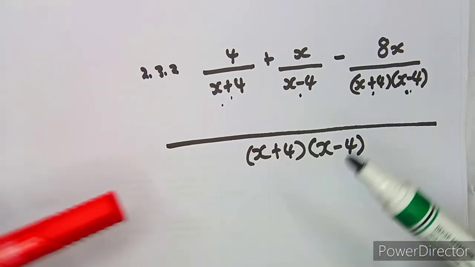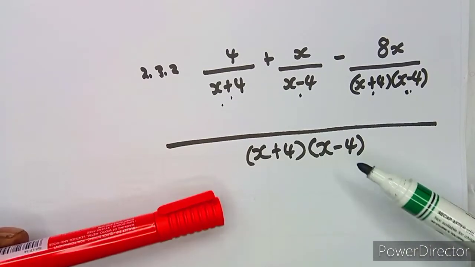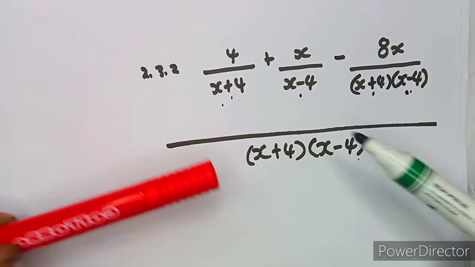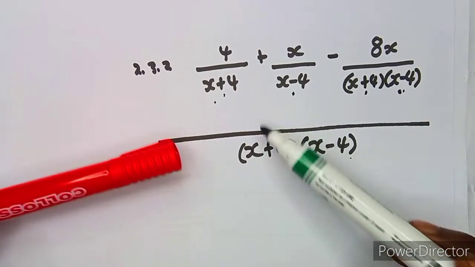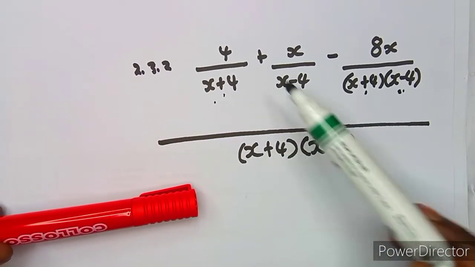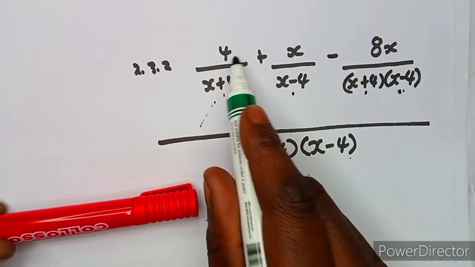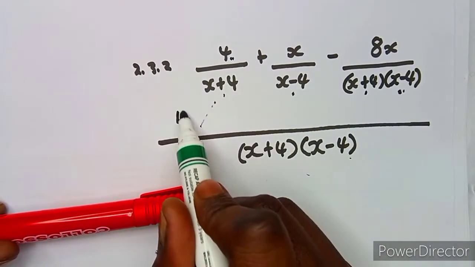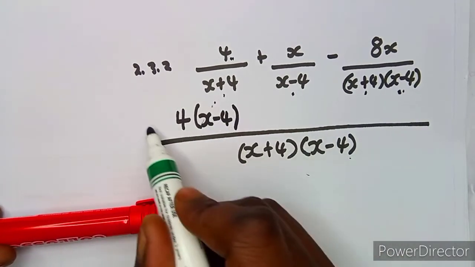Okay, so remember the concept of adding and subtracting, guys. We said we maintain the LCD throughout. So you divide the LCD by this. Remember, we just assume like we are dividing, just an imagination. So this and this will cancel. You're going to be left with x minus 4, but it's going to be multiplied by 4, so it's going to be 4 into x minus 4, like this. All right,